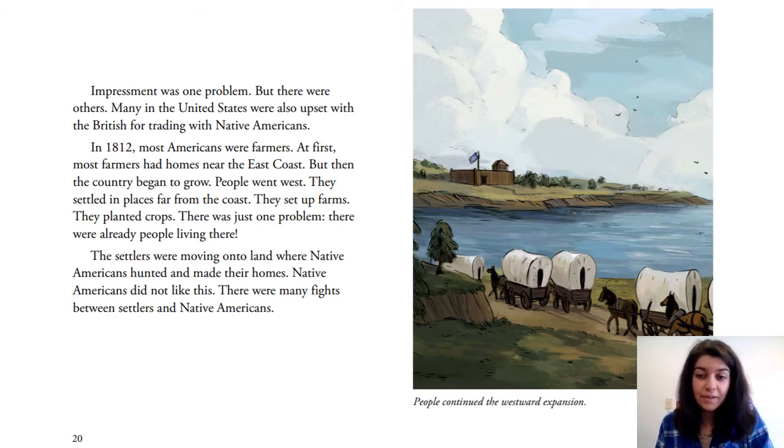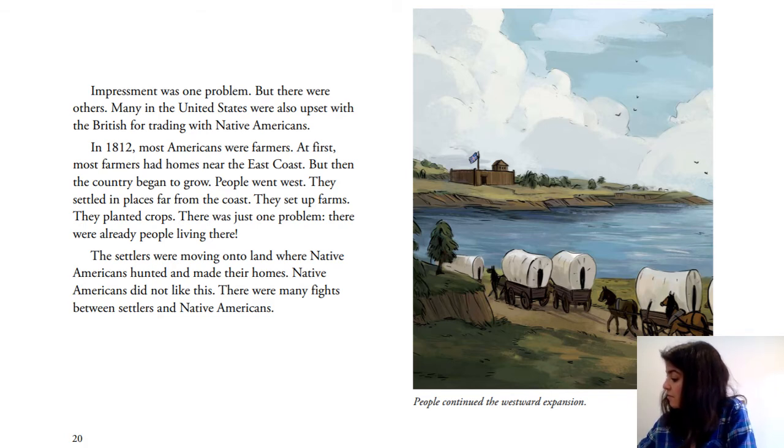So who lived on the land that settlers were coming to? The Native Americans. So Native Americans lived there. And how did they respond to the settlers coming and moving onto their land? They didn't like it, and there were lots of fights. So Native Americans lived there and fought